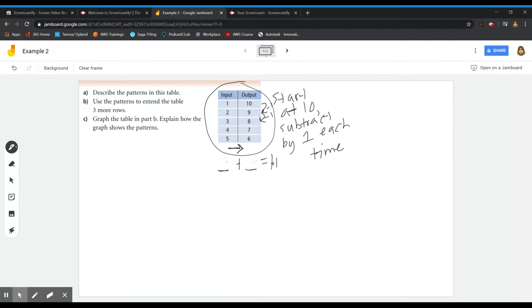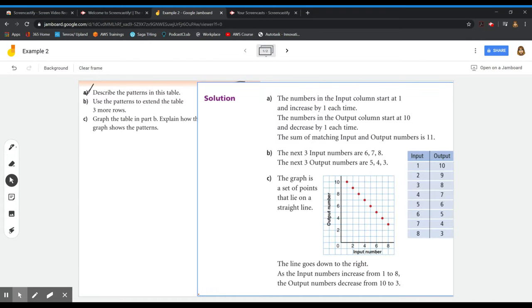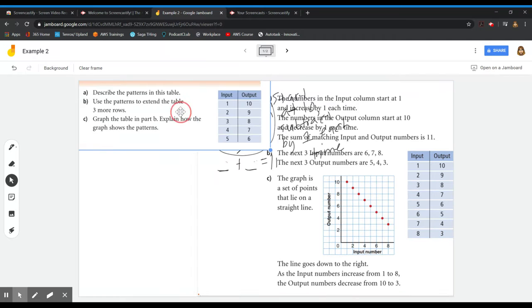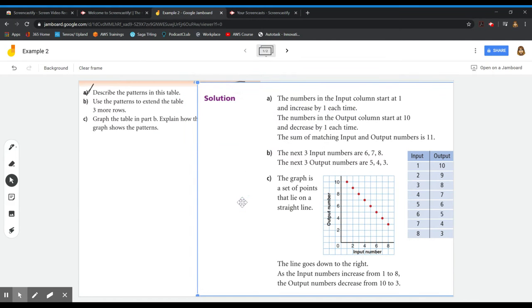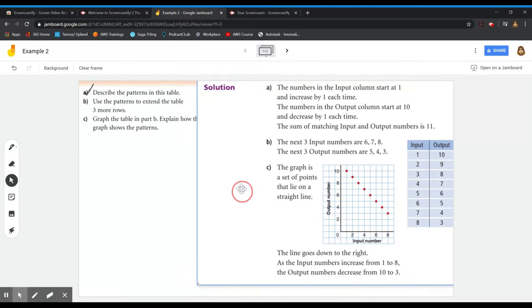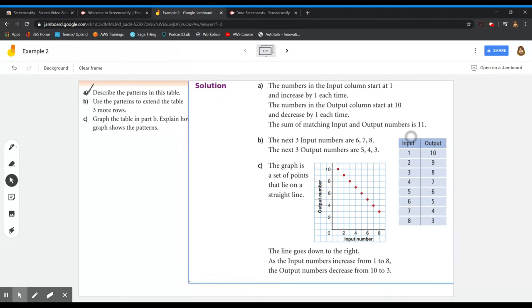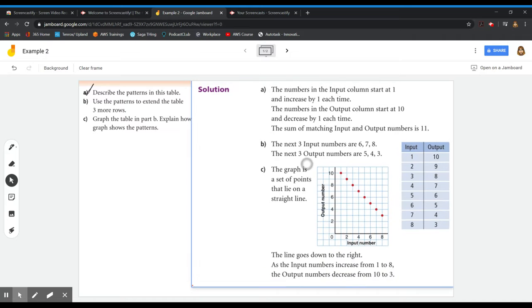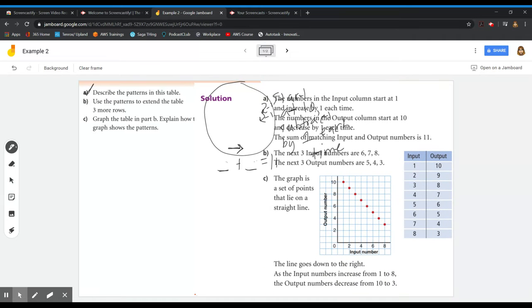Yes, you are getting the number 11. Well done. With our knowledge of our output table, we are going to be able to extend the patterns for 3 more rows. Now I'm just going to paste this because this is a little bit nicer than my writing. So just as we said for A, the numbers in the input column,